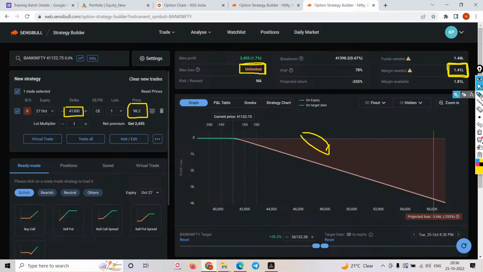So this is not always saying unlimited loss. Simple, guys. If I'm an option seller, I will not even wait till this 1,41,000 loss. If my loss is, let's say, 10,000 or 20,000, what I'll try to do as an option seller, if I want to exit my trade, is buy back. Whenever we have a sell, to exit, we will buy it.